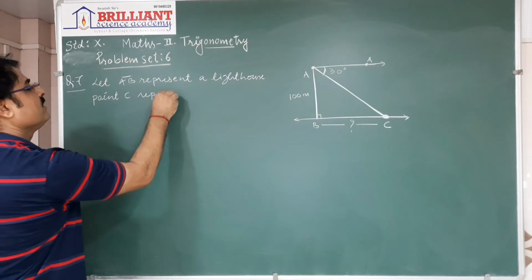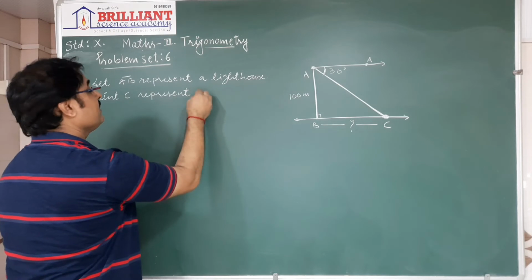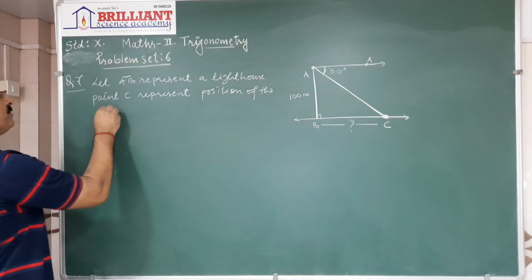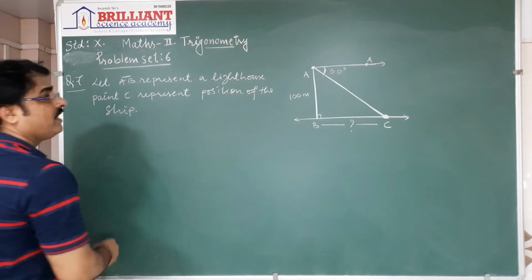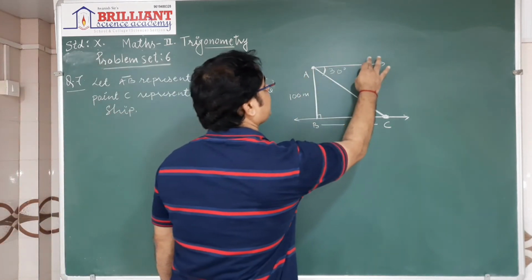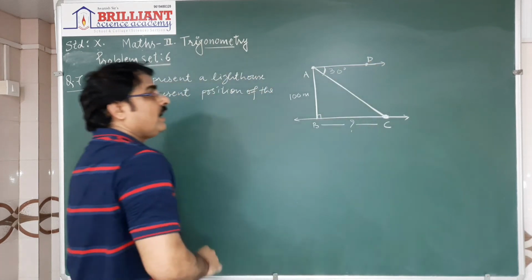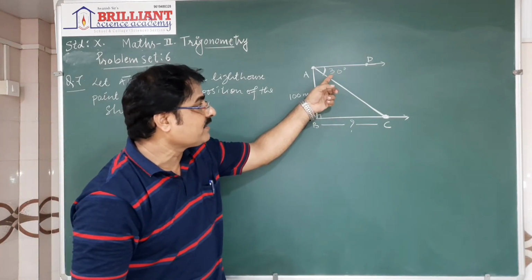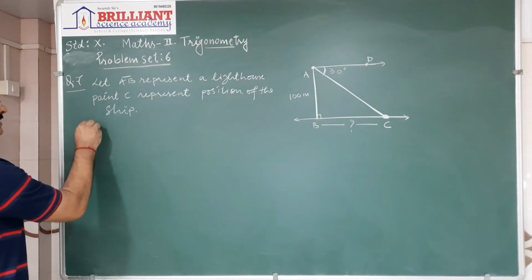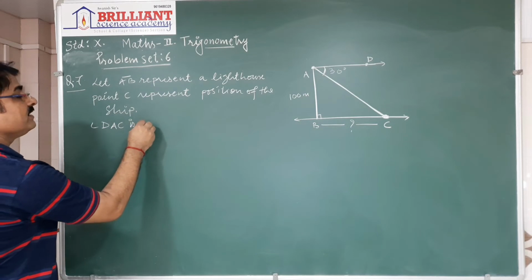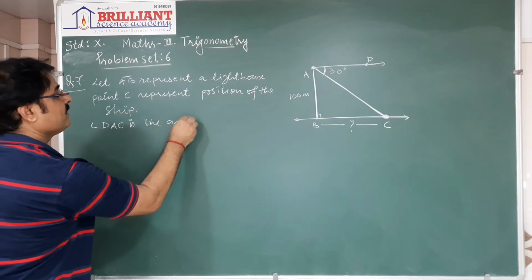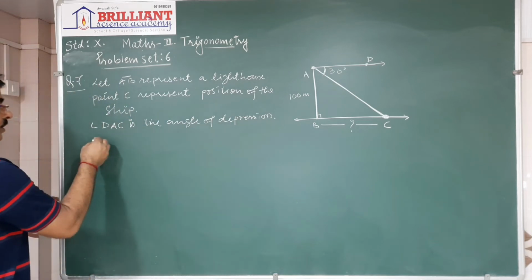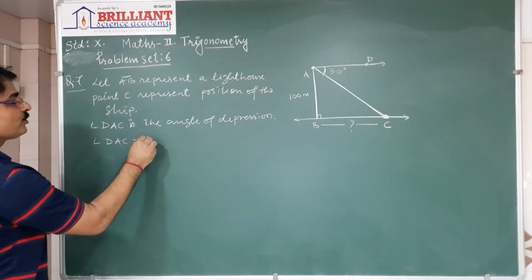एंड पॉइंट C रिप्रेजेंट, पॉइंट C क्या रिप्रेजेंट कर रहा है, पॉइंट C रिप्रेजेंट पोजीशन ऑफ द शिप का पोजीशन रिप्रेजेंट कर रहा है। एंड सॉरी, दिस इज A एंड दिस इज पॉइंट D, नॉट A, दिस इज पॉइंट D। एंड एंगल DAC, which angle is angle of depression, this angle is angle of depression, and what is the name of this angle, DAC। Angle DAC is the angle of depression, now angle DAC is equal to angle